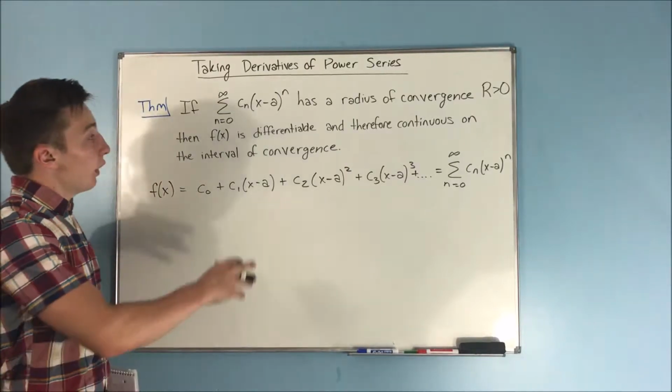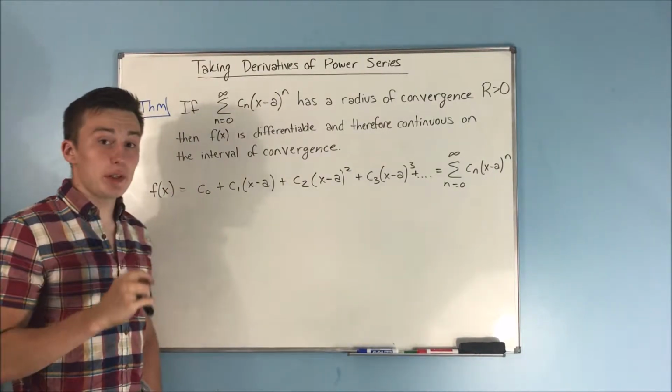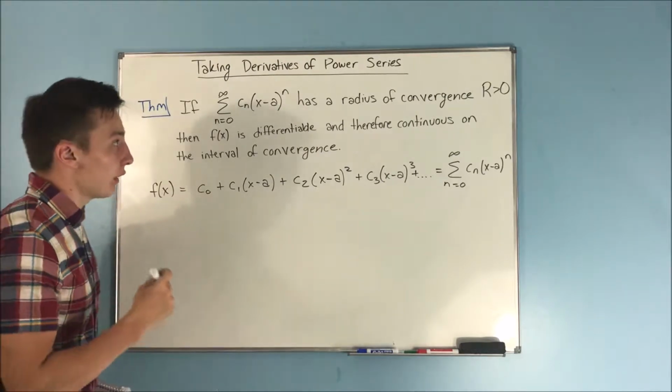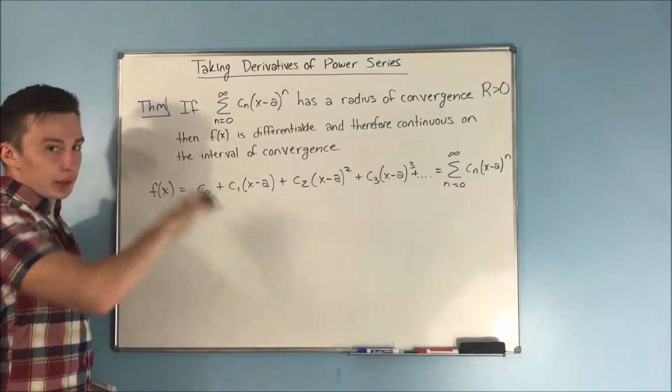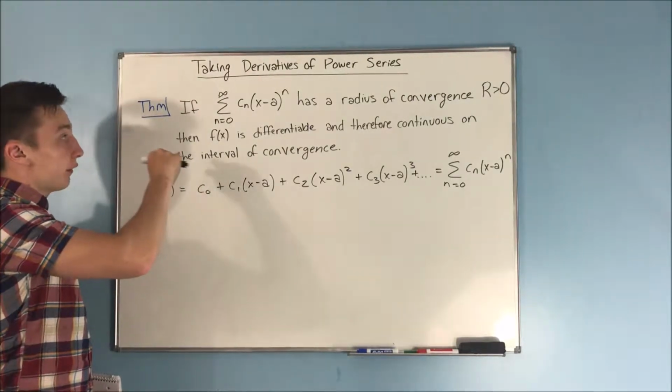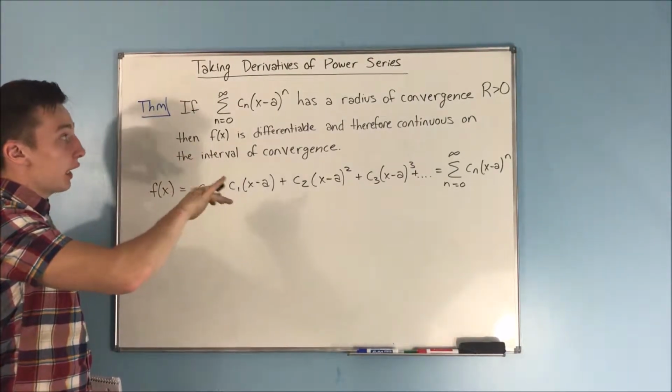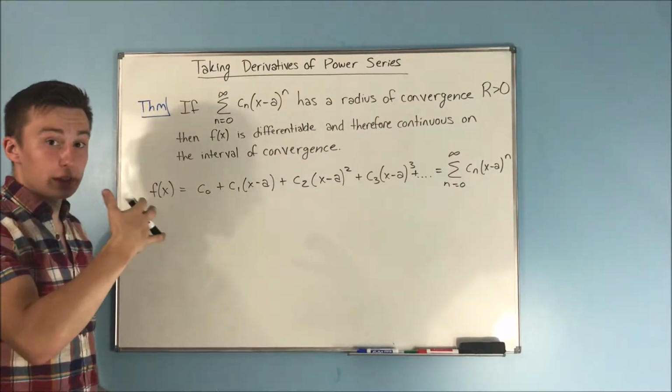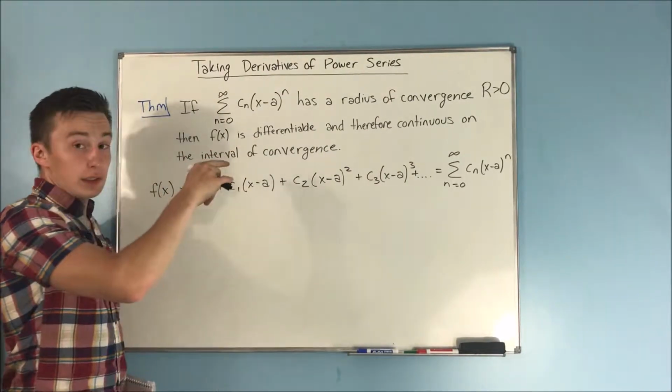Alright, so in this video, we're going to be talking about taking derivatives of power series. Here we're just going to start off with a theorem. If the sum from n equals 0 to infinity of c sub n times x minus a to the nth power, which is just the general form for a power series,